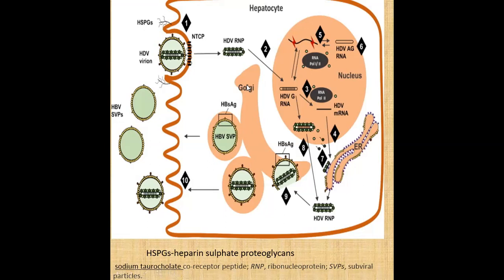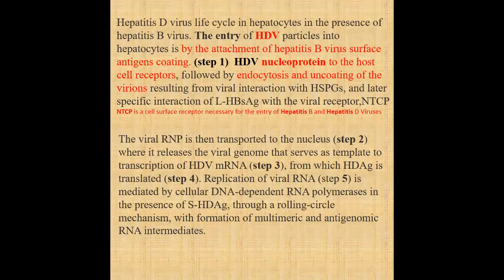The spread of hepatitis D is carried out in parallel with the hepatitis B virus, but appears to affect hepatitis B by inhibiting the secretion of hepatitis B surface antigen. In this way the replication is carried out. If you want to see all the materials, they are already given here.